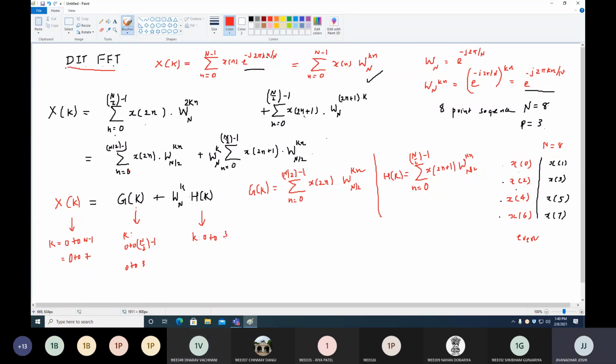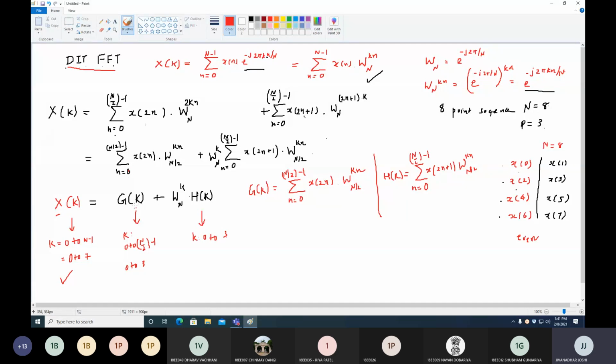Okay. So now with variation of k from 0 to 7 over here, I will have totally 8 equations. But those 8 equations will have g of k and h of k ranging from 0 to 3 only. Means g of 0, g of 1, g of 2, g of 3. For the sake of writing, we can write down g of 4 also. But I am going to prove that if you take the same range at both sides, g of 4 is just equal to g of 0.